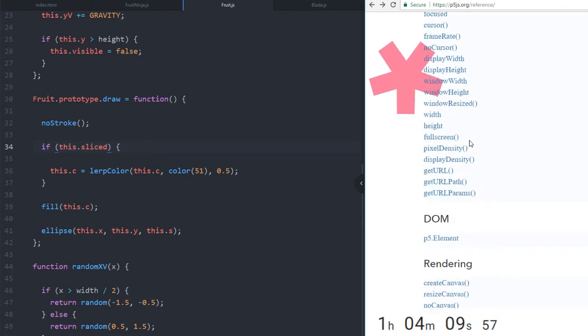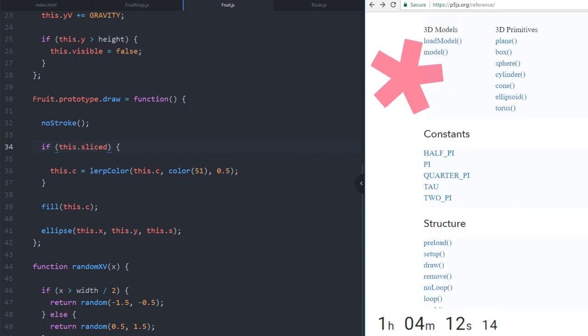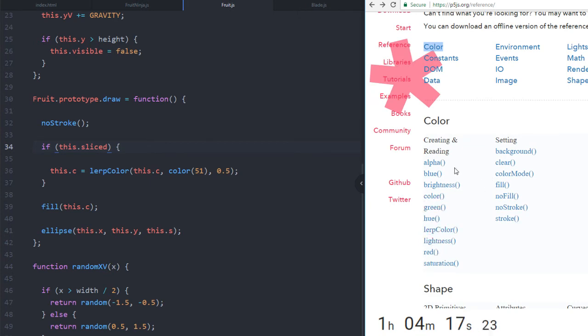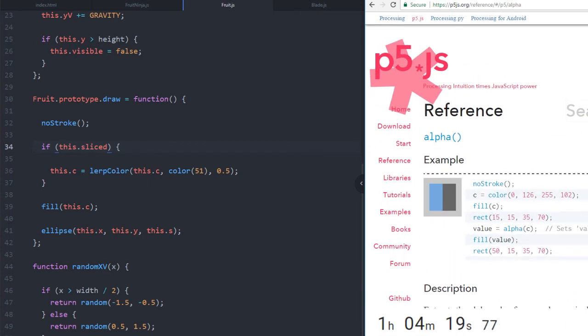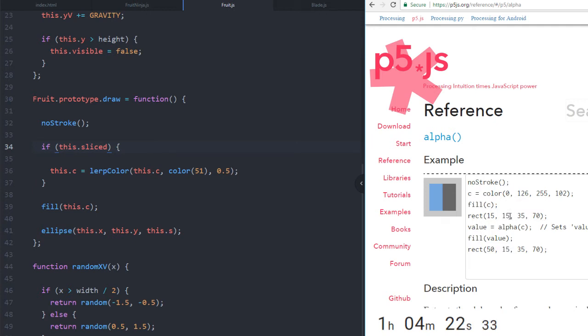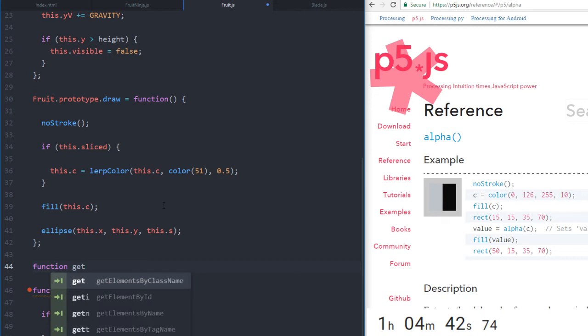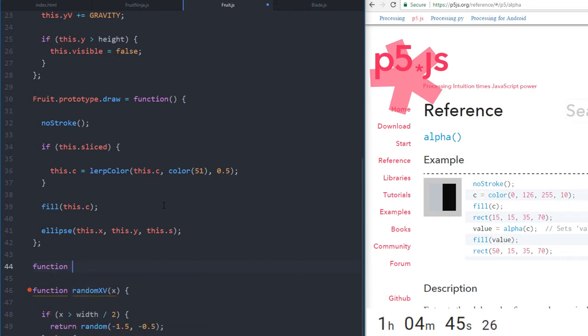Let's get alpha here. Color alpha here. Edit. We will set the alpha to something like 10. Yes, I do want to lerp it to alpha. I don't want to lerp it to this. So we do need function get, or